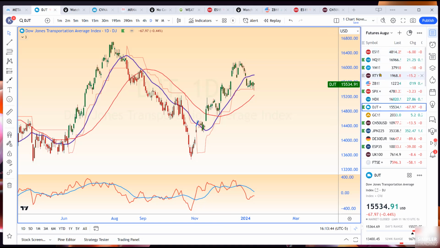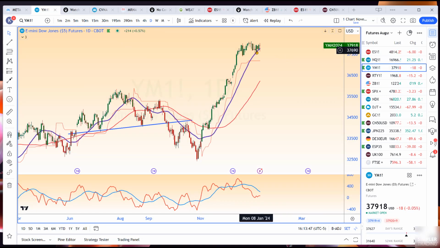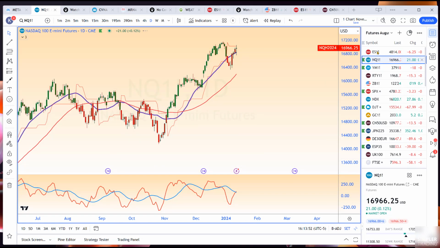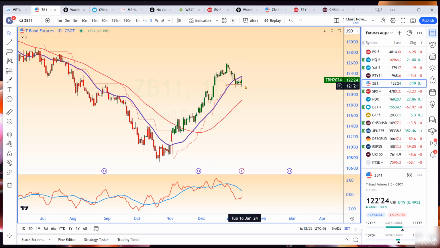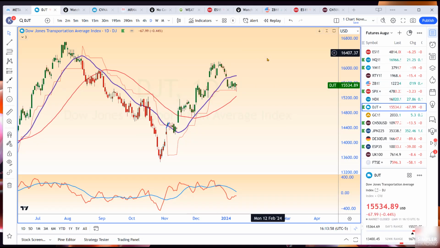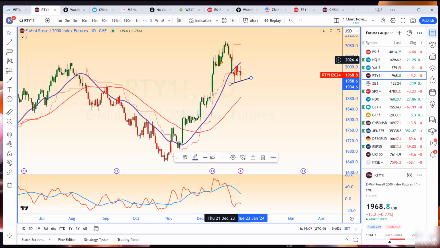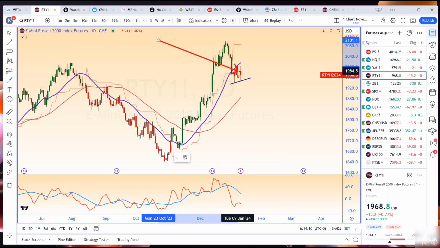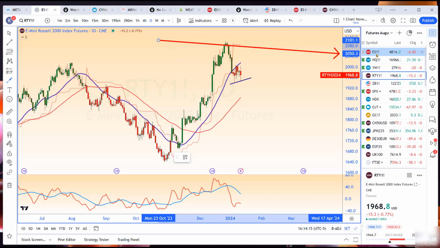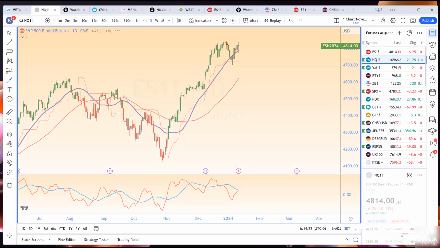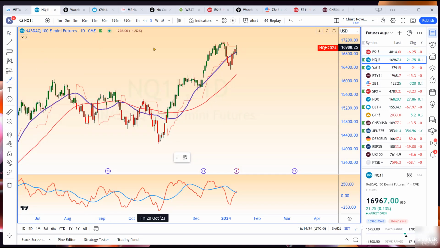So how about the Dow? Decisively over it. Not much, but it is over it. So you got the NASDAQ over it. You got the ES over it. You got the bond market under it. You got the transports under it. And you also have the Russell under it. That's a big deal. So if I don't see this Russell reclaiming it, if I see this Russell plummet and have another leg down, then to me it's more likely this ES is going to get under here again, and the NASDAQ getting under here again.